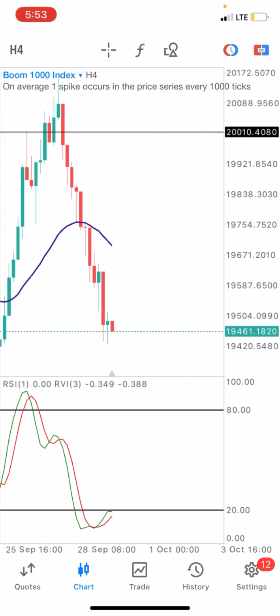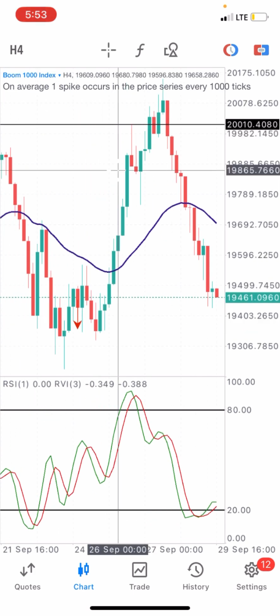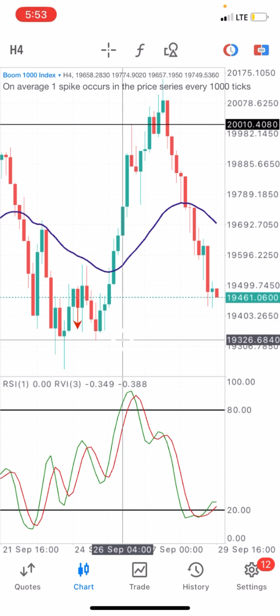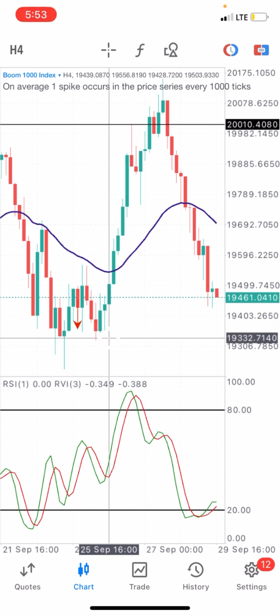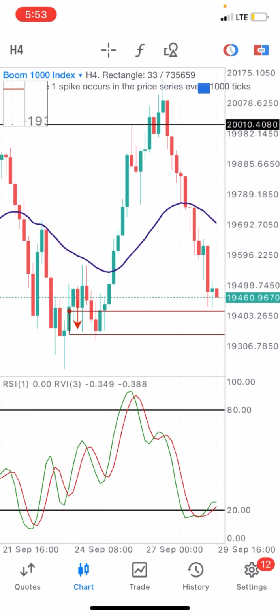The 4 hours has been selling for God knows how long, right? And it's close to support, so one should be careful. One should be careful around this region, around this entire area. All right, but then if you don't know how to